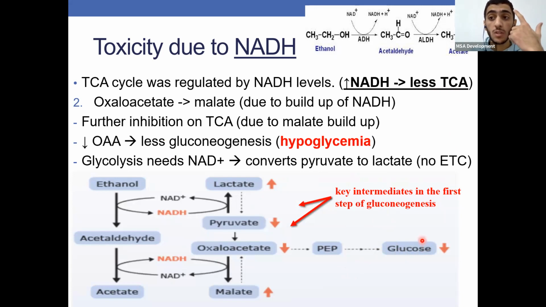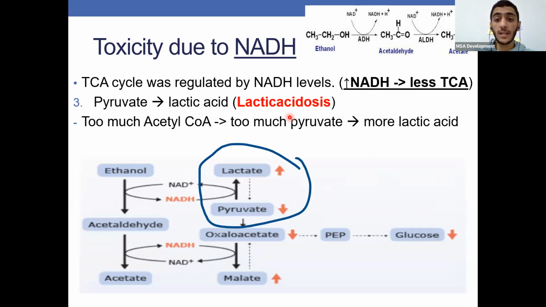And the next one, as we said, we need the NAD positive for glycolysis. Now, where are we going to get this NAD positive from? Our body has developed a mechanism in that the pyruvate is going to be converted to lactate in order to generate this NAD positive, okay? And we're building up lactate, which will lead us to the next point, which is lactic acidosis. And another factor that's contributing to the lactic acidosis, other than that the body needs the NAD positive, the other